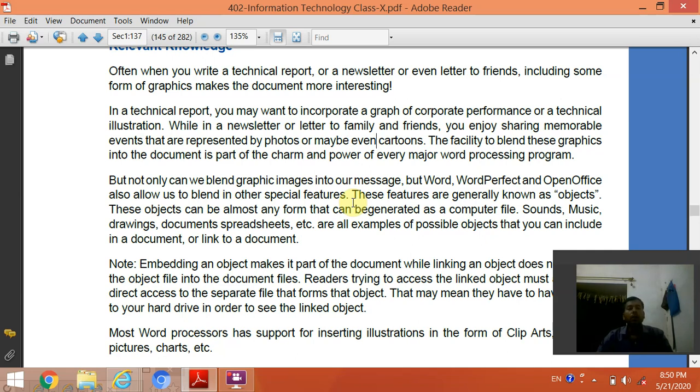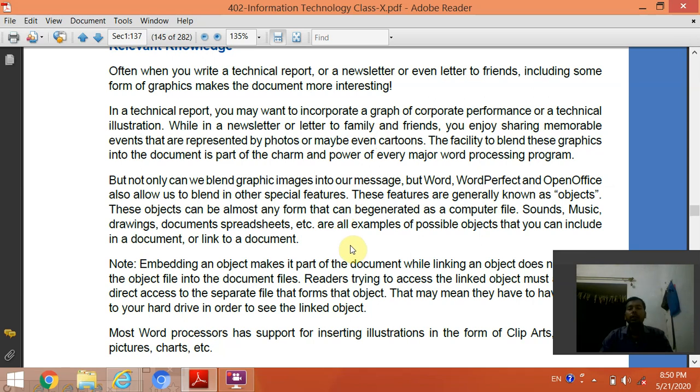Next, not only can we blend graphic images into our message, but Word, WordPerfect and OpenOffice also allow us to blend other special features.